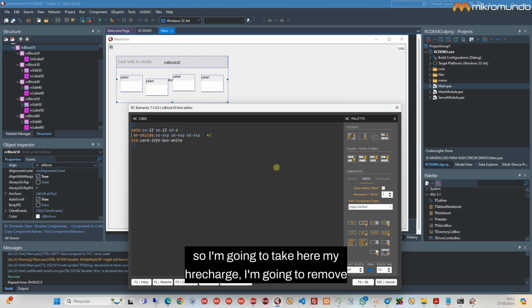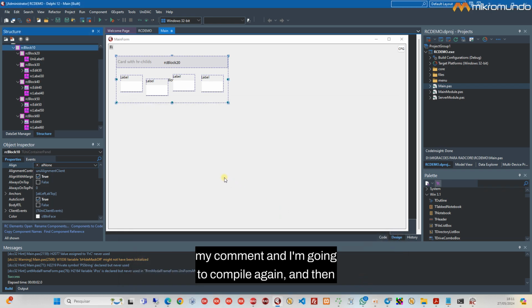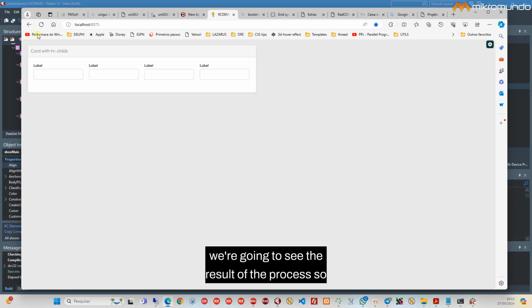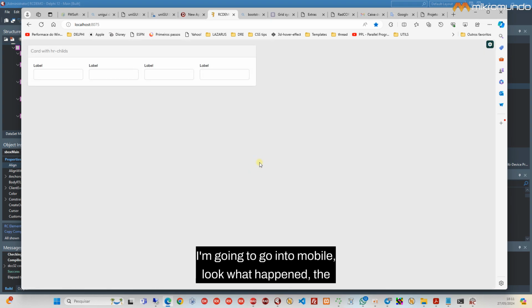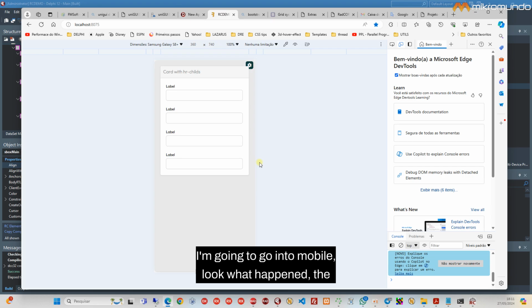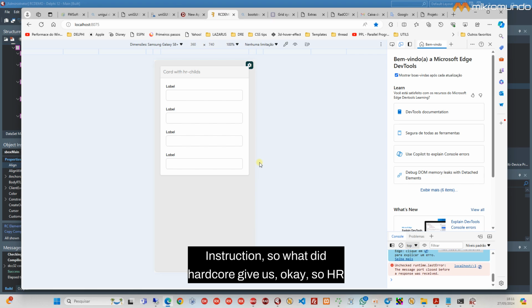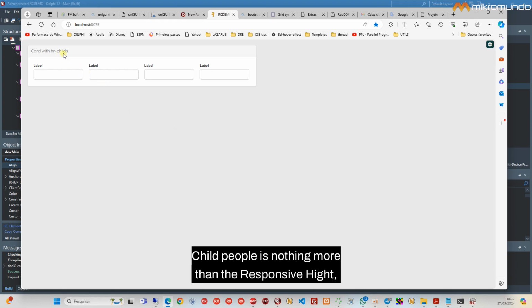I'm going to remove my comment and I'm going to compile again, and then we're going to see the result of the process. So I'm going to go into mobile, look what happened, the difference with just one instruction. So what did HR childs give us? Okay, so HR childs is nothing more than the responsive height, right? The acronym for responsive height, and then the childs I'm bringing here as if each block of this one that we have here were the children